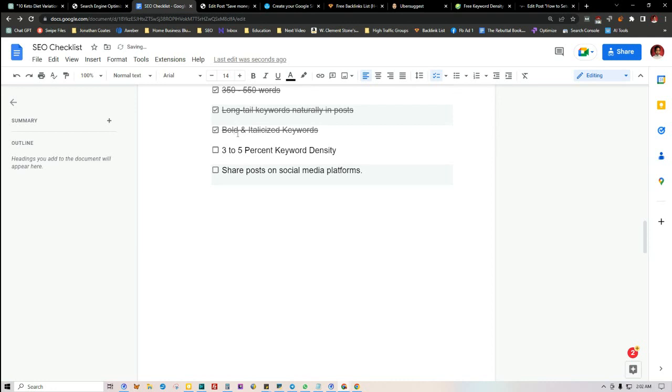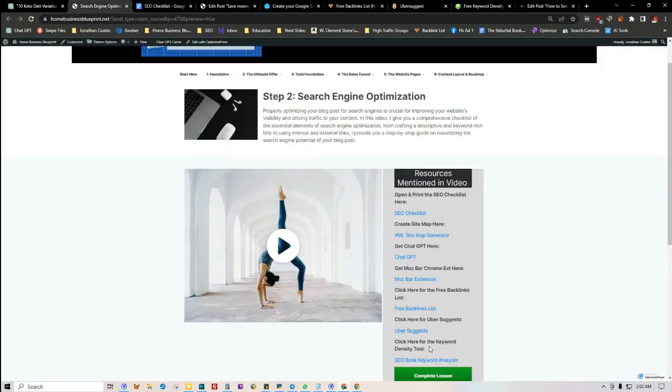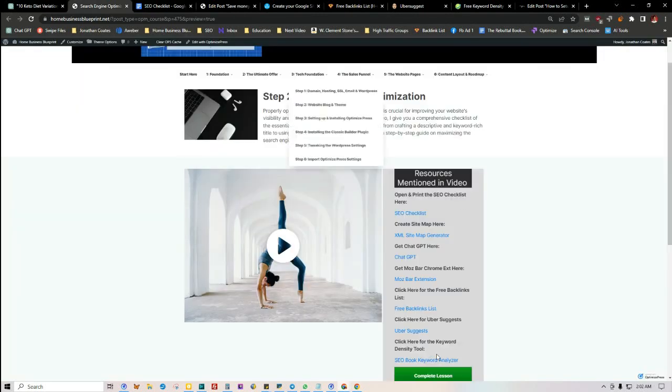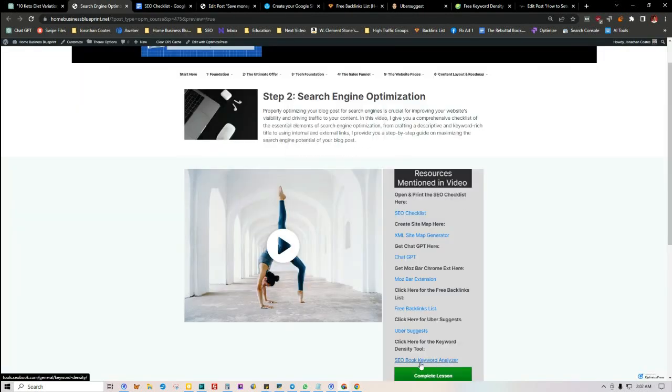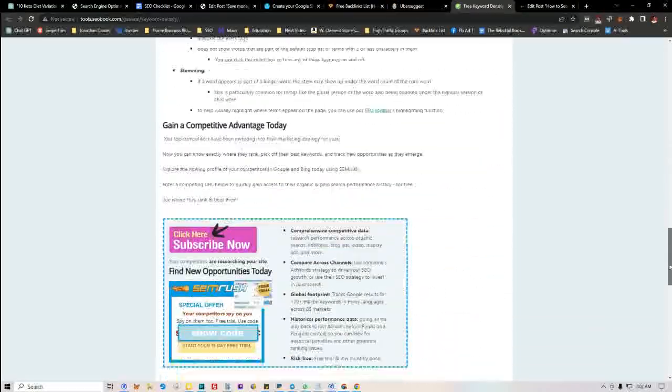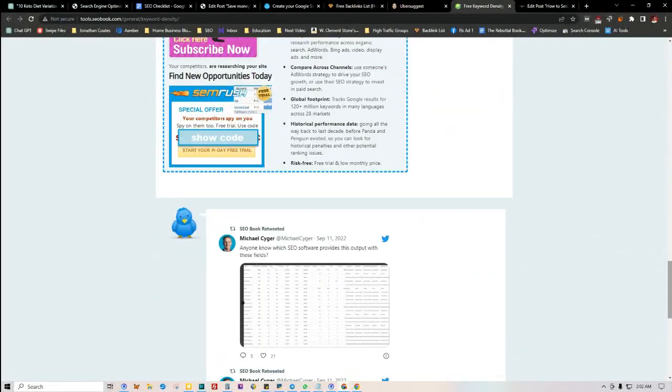And then another website that I have in the resource section here is the keyword density tool. This is a place where you can go to place your content piece in there and just see how dense the keyword is. You want to have between 3 to 5% density. So what we do here is we take our content piece, our blog post, and we place it in that website. If you just click on it, it'll take you to this website here, and you can calculate the amount of density of keywords that you have in that piece. You just want to make sure that you have a 3 to 5% density here.